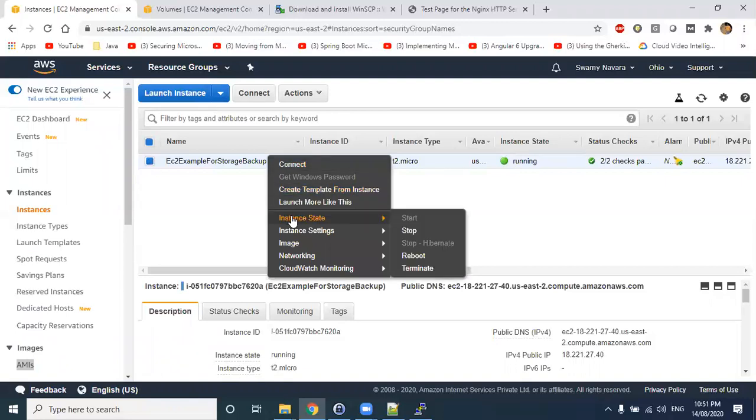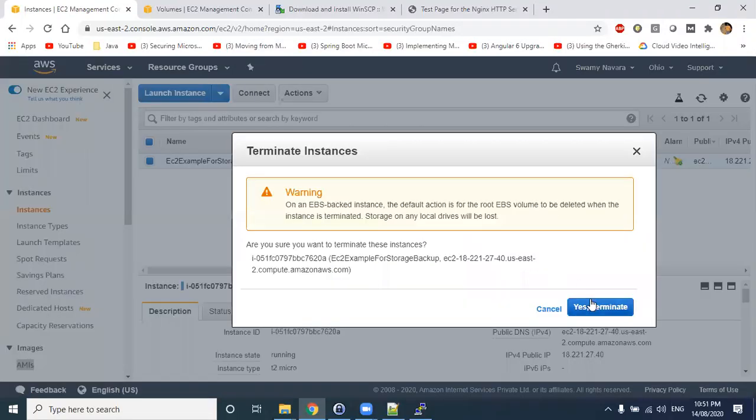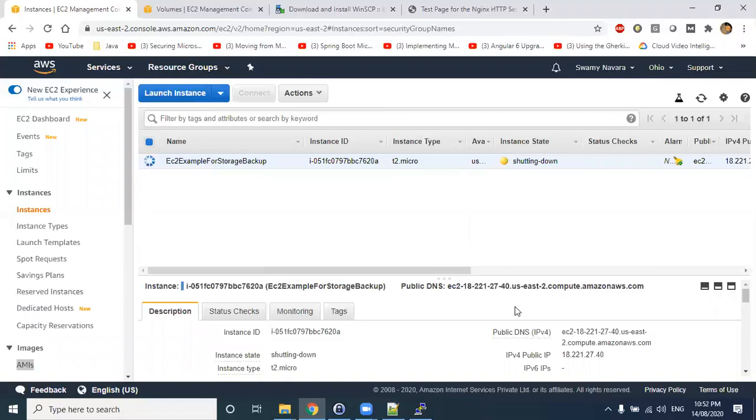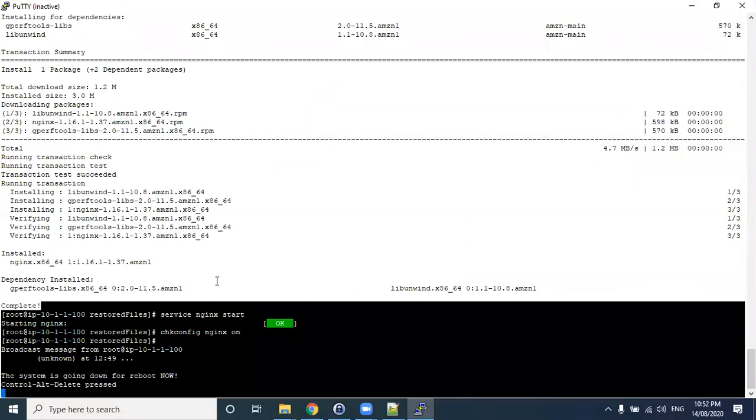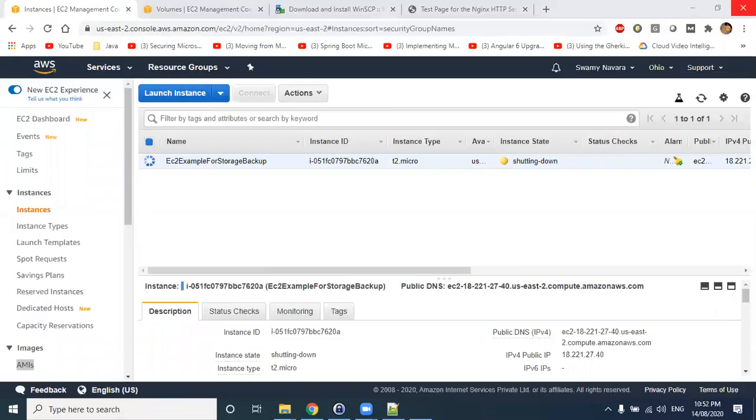Okay, let us go to instance, terminate. If you see here, now I deleted this complete Nginx installation server. Now I will try to restore this server from the AMI which we created. So go to the AMIs.